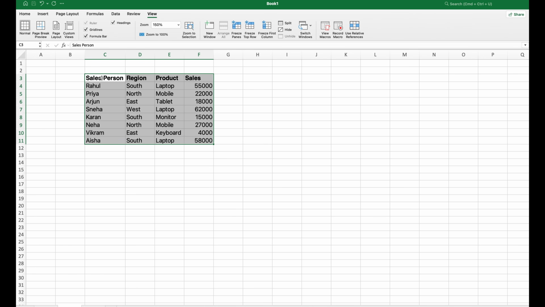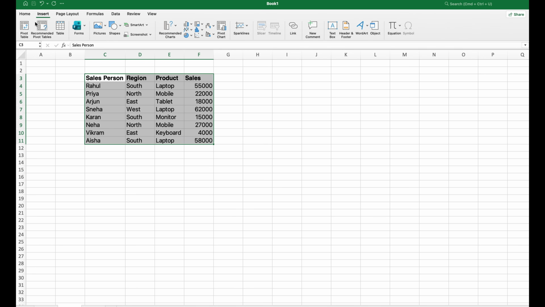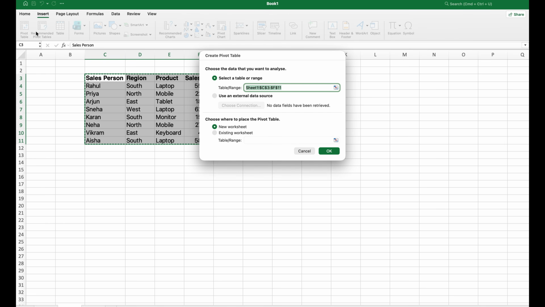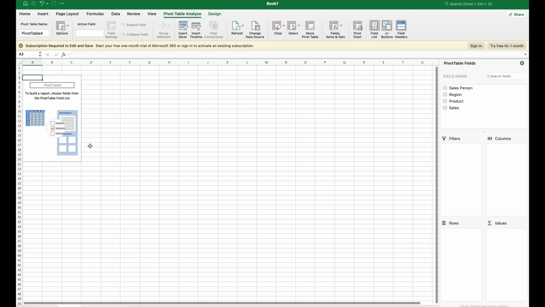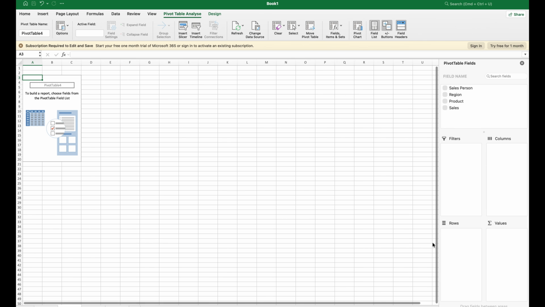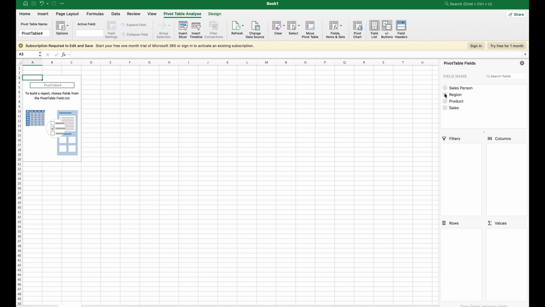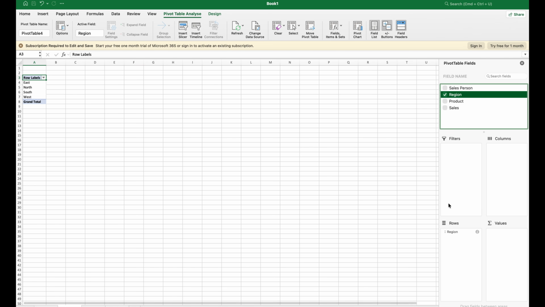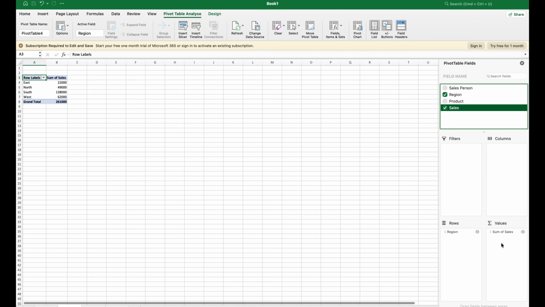So select the data set, click on insert. You see the first option, pivot table. We have selected the range and we want it in a new worksheet. So click on OK, and this is how your table will be generated. There are 4 important areas: filters, columns, rows and values. So first we'll select region, which is automatically inserted in rows, and then we'll select sales, which is automatically inserted